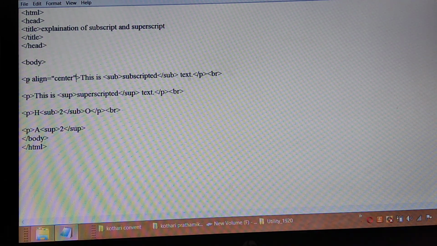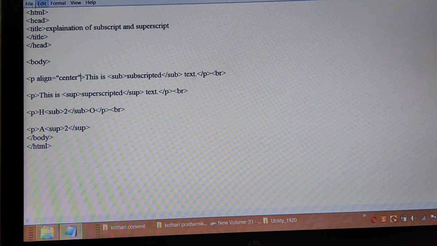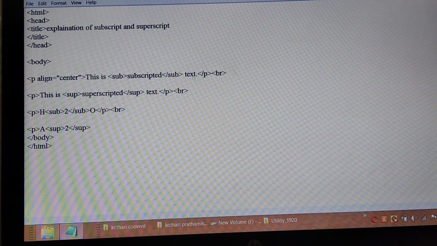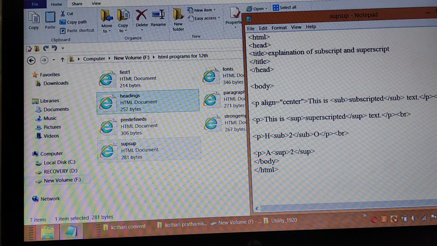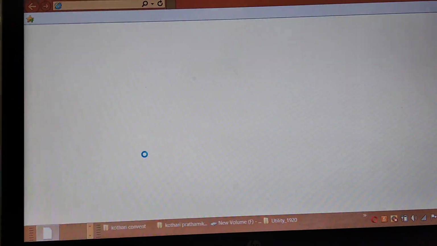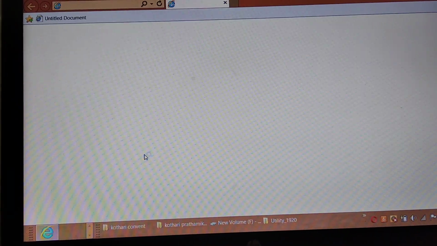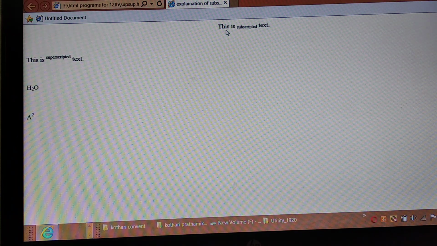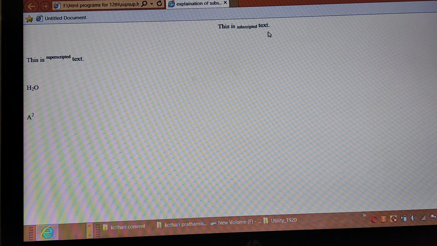For that first sentence, after doing this operation, we will just minimize and will open the page. Page will be displayed in front of you with the center alignment of the given.